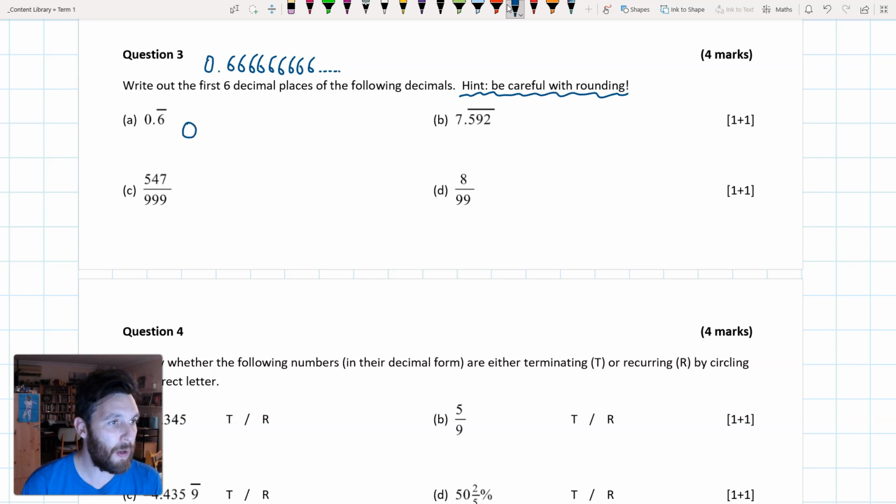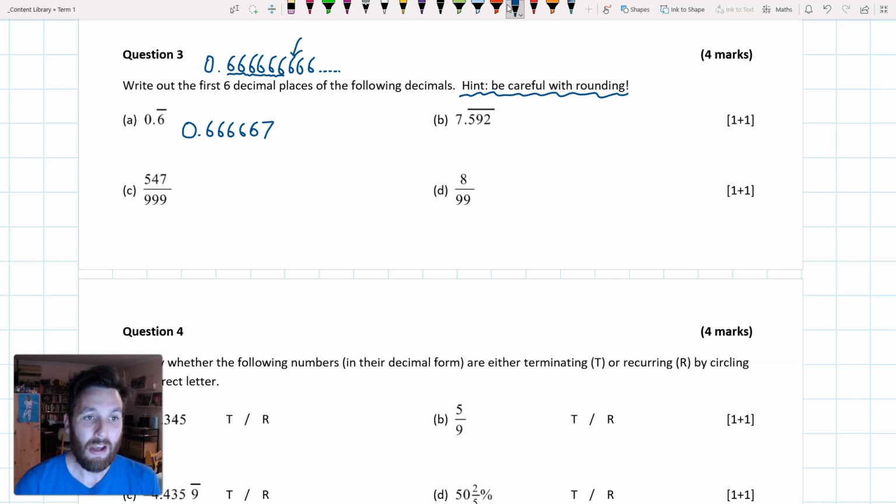So we want 0.666, so that's 3, 4, 5. Now, this is where you've got to be careful with rounding. The next digit, we've got to decide if we want to leave it as a 6 or bump it up to a 7. The next digit is a 6, which is 5 or greater. So we're going to round that up to